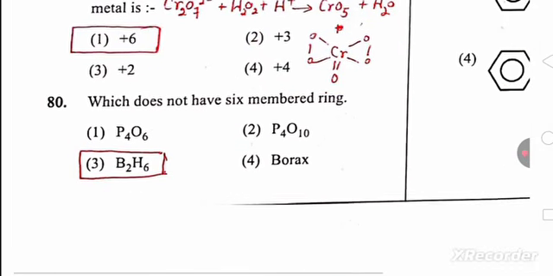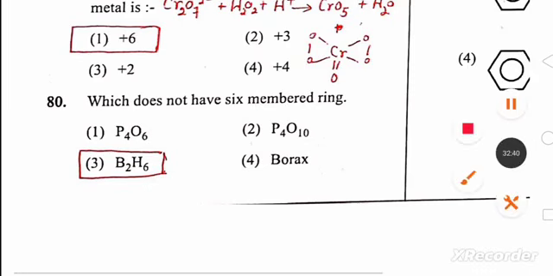Next question, which does not have 6 membered ring, definitely diborane. You know the structure of diborane. Diborane does not have any ring. So the next question,